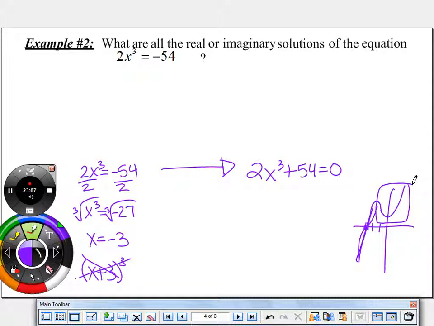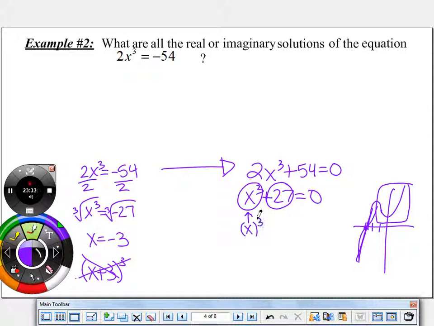Good. So we can still divide everything by 2 like we did before, or factor out a 2. If we divide everything by 2, we have x cubed plus 27 equals 0. Notice that these are both perfect cubes, right? So that's how you know you're in the category of sum of cubes, because you have a sum between two things that are perfect cubes. So according to the factoring pattern,